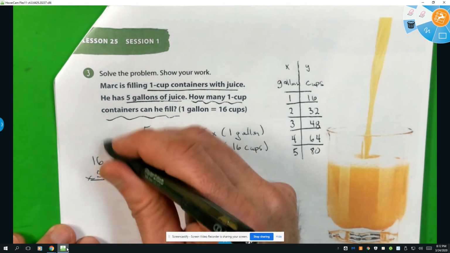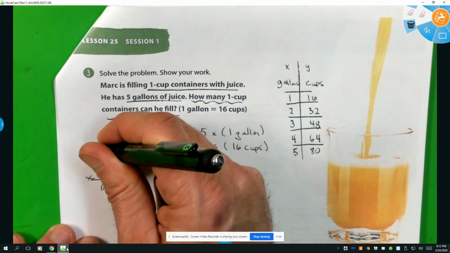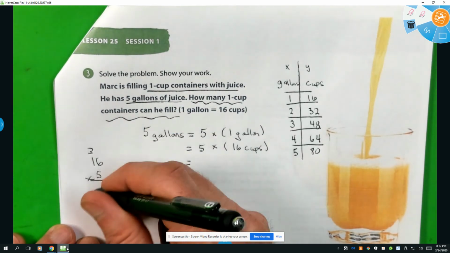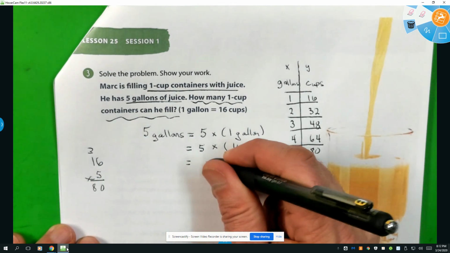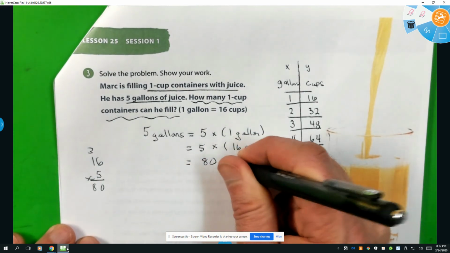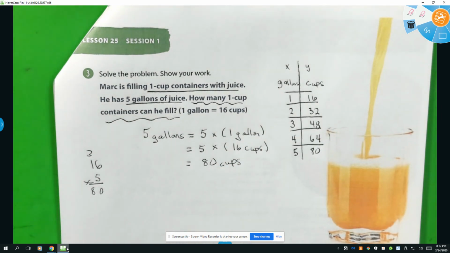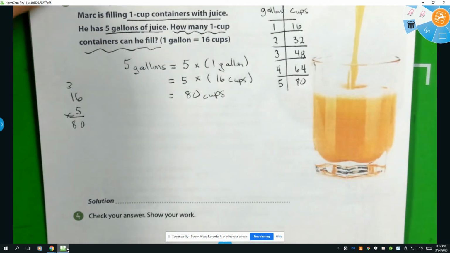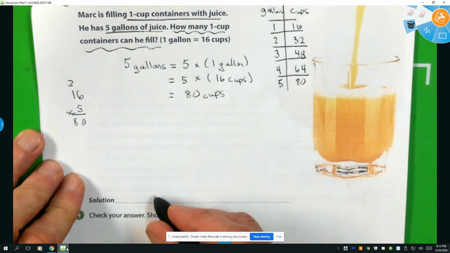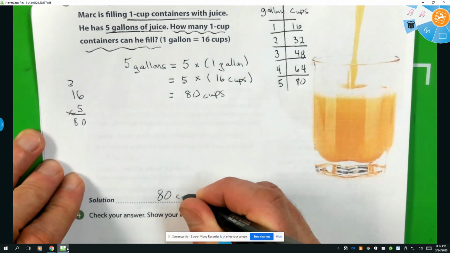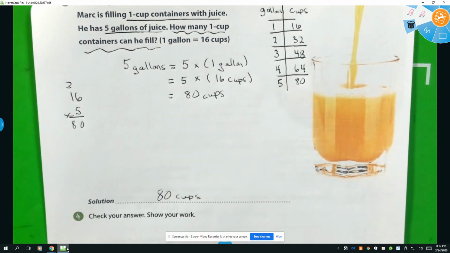Right over here, 5 times 6 is 30. Put down the 0, carry the 3. 5 times 1 is 5, plus 3 is 8. And that leaves us with 80 cups. All right, so what's our solution? 80 cups. Okay, let's turn